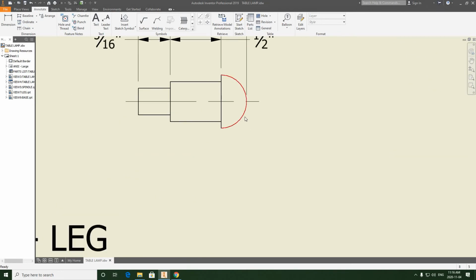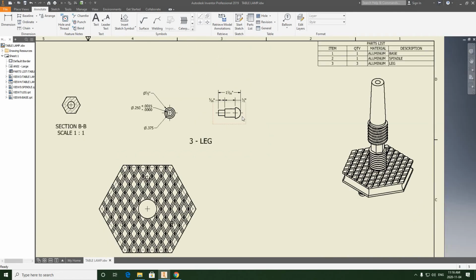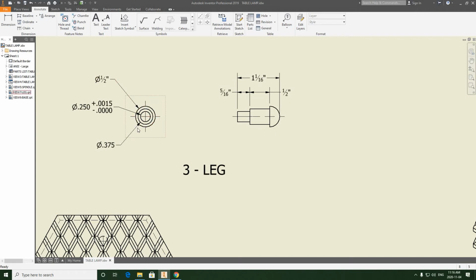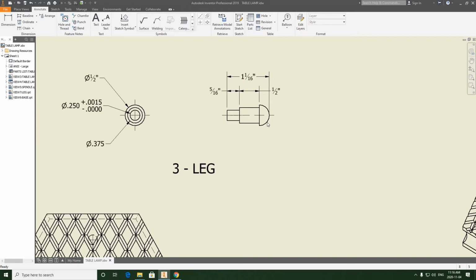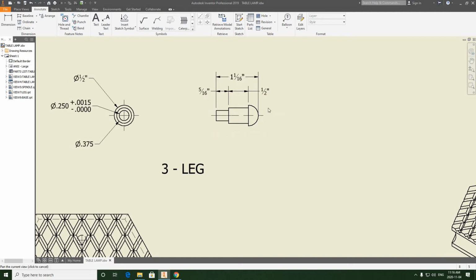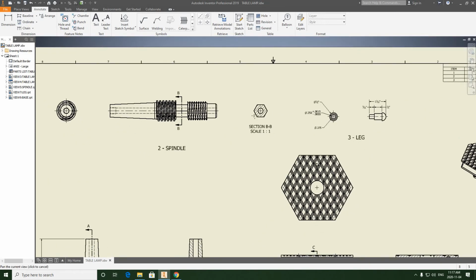The sketch also shows a fillet value of 1/4 inch radius that would go here. I don't think it's really needed to do that, because we know that the overall largest diameter is 1/2 inch, and because this is a perfect semicircle, I think it's a bit of over dimensioning to add the 1/4 inch radius here, but if you'd like to add it in, it's up to you. You can do that if you'd like, but I'm not going to be concerned about it one way or the other. So moving on to the spindle,